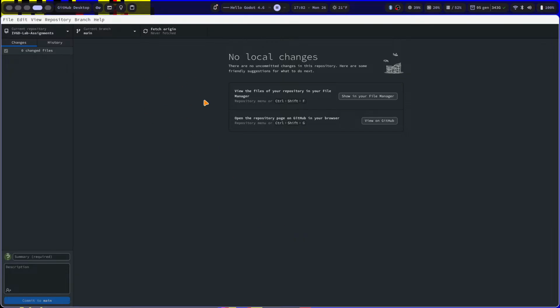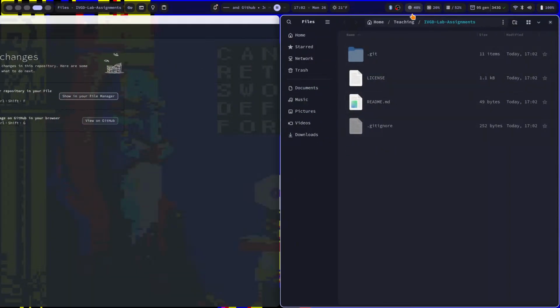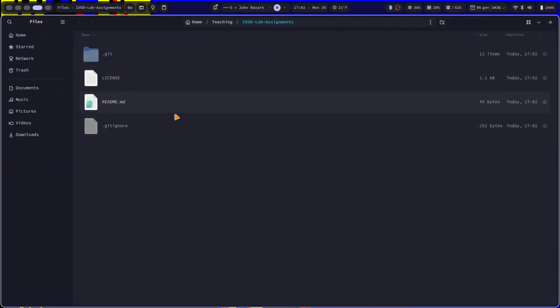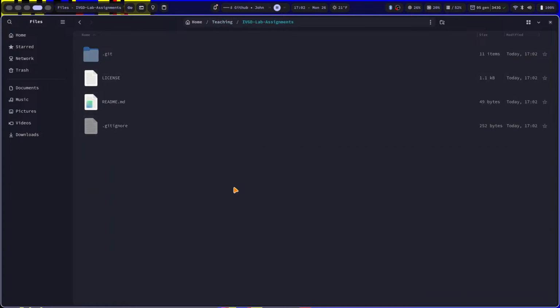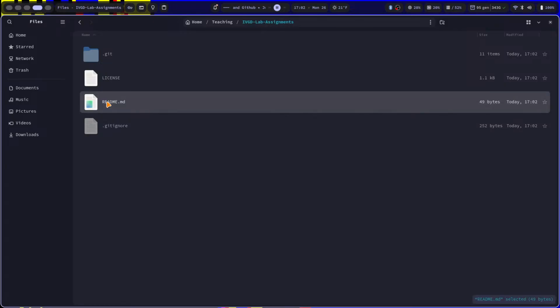And if we've done that successfully, we should see this sort of gray area where it says there's no local changes, and we can click Show in File Manager. And if we do that, it should open up that folder in our computer, right? And what we can see is here is our folder, and here's our repository of files. And as I said already, Git and GitHub are really just methods of tracking changes on files, right? So if you edit any of these files or create any new files, we'll be able to synchronize them with the cloud, right? So for example, if I were to open up this README file